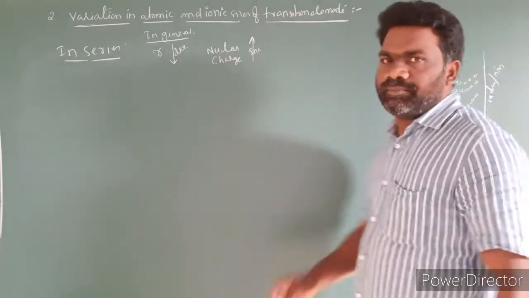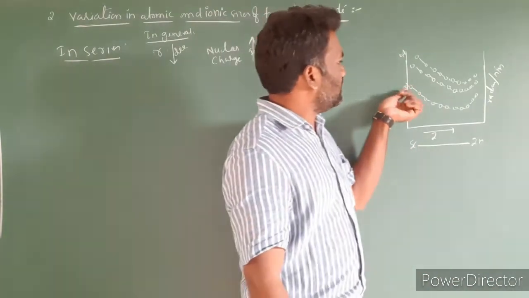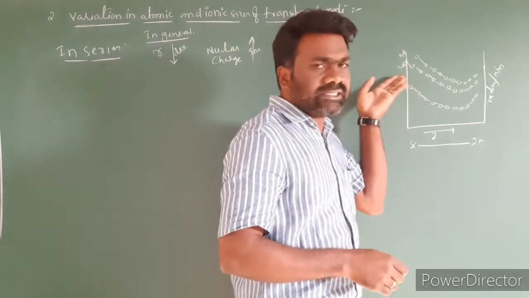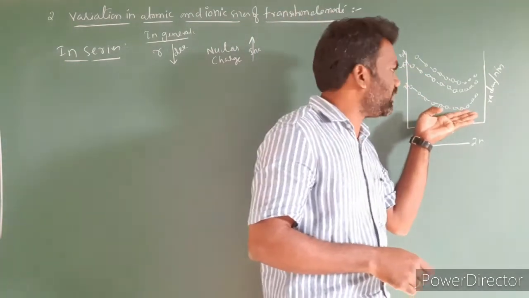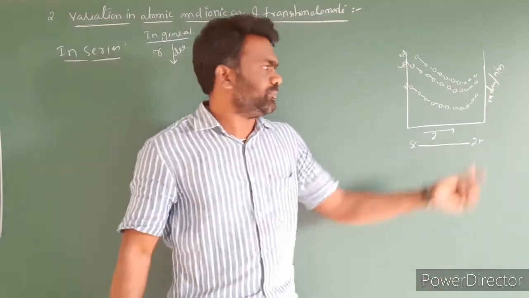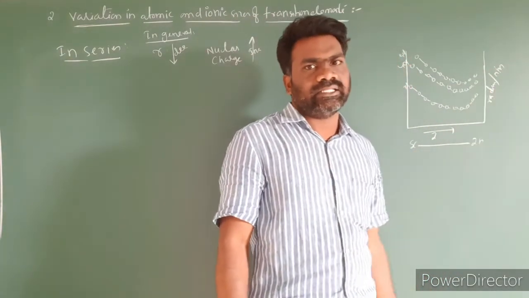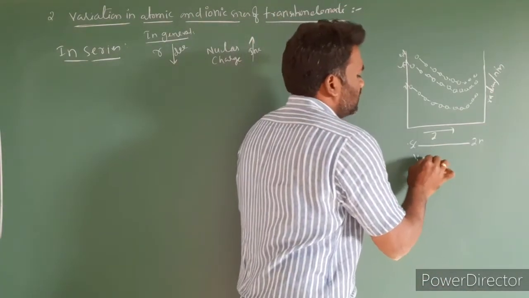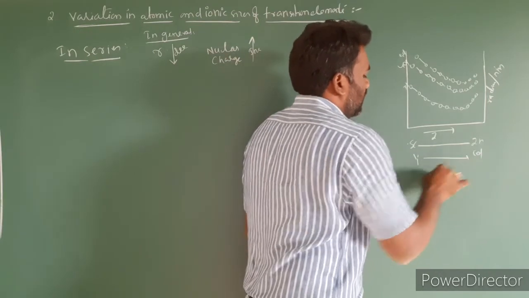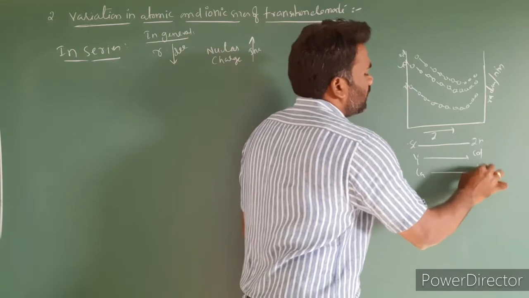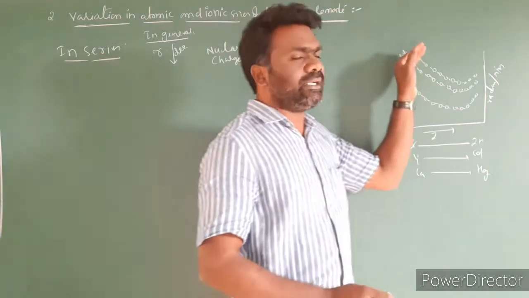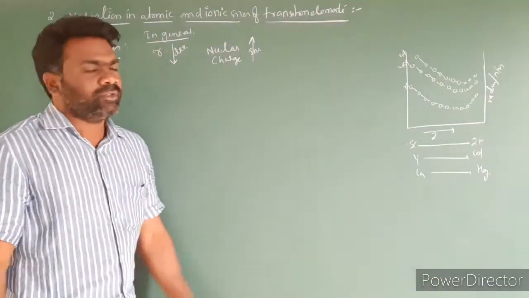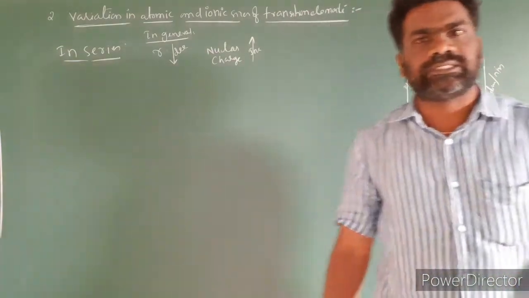If you look at this diagram, the point to understand is that in each series, 3d, 4d and 5d, the atomic sizes gradually decrease, become constant, and then the value increases. So at the end, the atomic sizes increase. The series are scandium to zinc, 4d series yttrium to cadmium, and 5d series lanthanum to mercury. As atomic number increases, atomic size decreases in general, but at the end the value increases. What is the reason behind it?